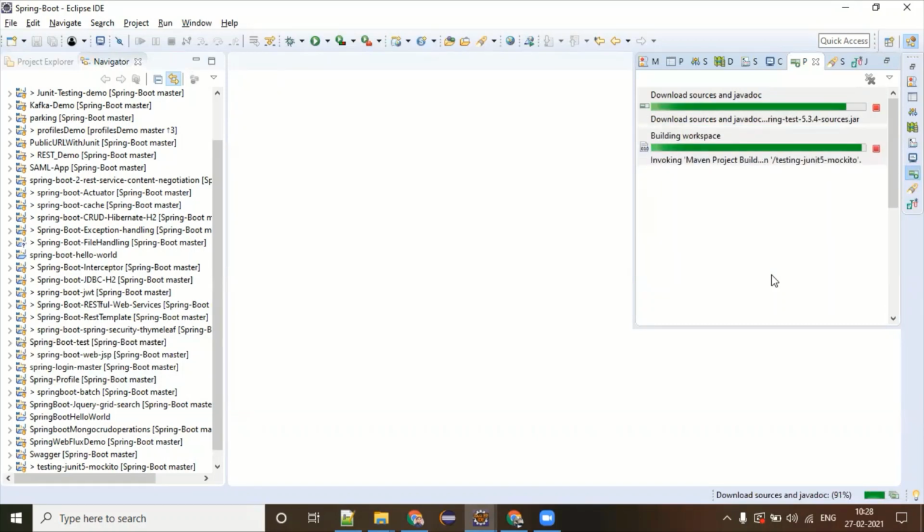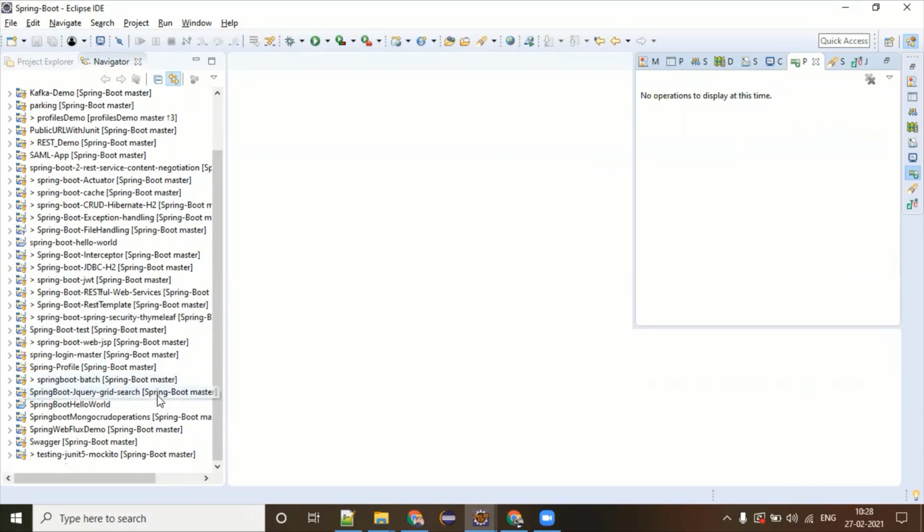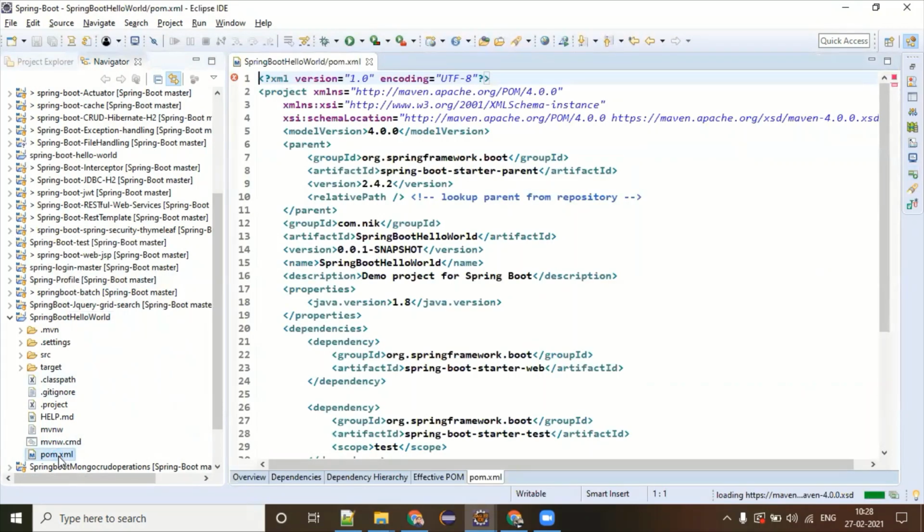Once it is done, you can look at your Spring Boot Hello World application, which is here. Go to the first thing, the pom.xml file, and try understanding what is happening here.